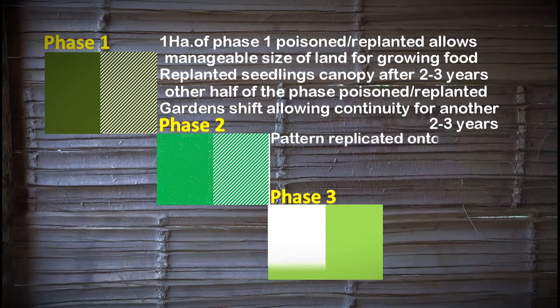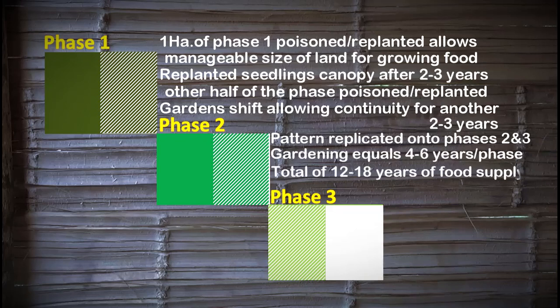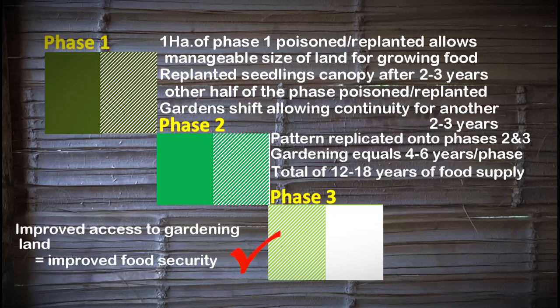In this case, a single phase. The pattern is then replicated onto phases 2 and 3 following the canopying of the young palms or the completion of their loan. If gardening continues with this pattern, it would take a total of 12 to 18 years of continuous food supply, which is double the duration it would take if it was only a 2 hectare based replant system. We started off with,